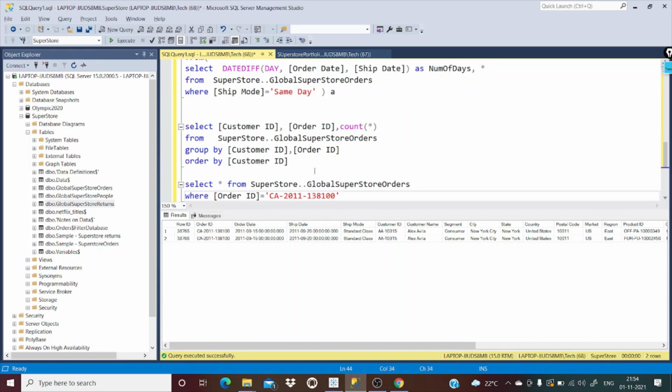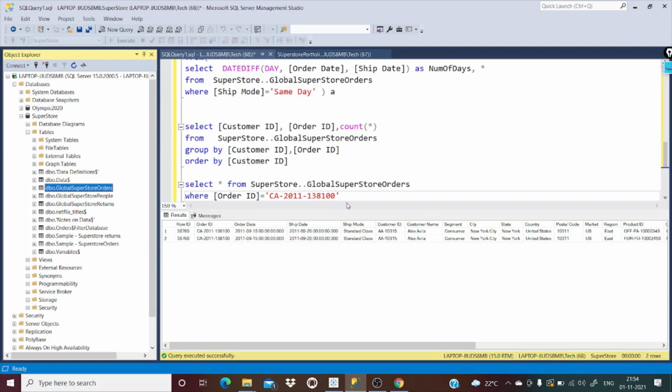The first step is partially over because we have not touched these returns and people's data. We have only checked the orders table. But for this visualization, the simple visualization we are creating, we are good to go. We have understood what exactly this data set is to an extent. As I mentioned earlier, if we have any further question, we can come back here and figure out the answer.